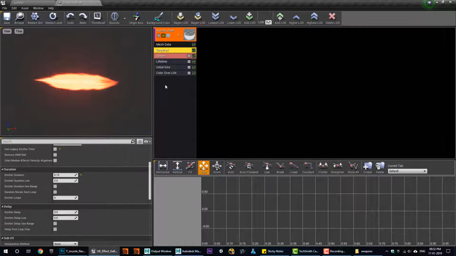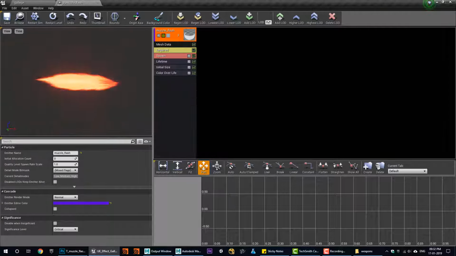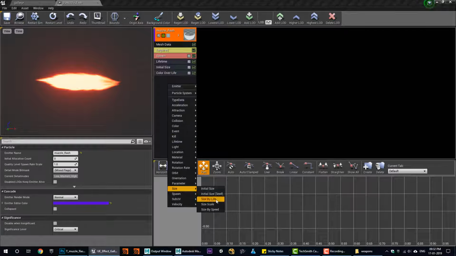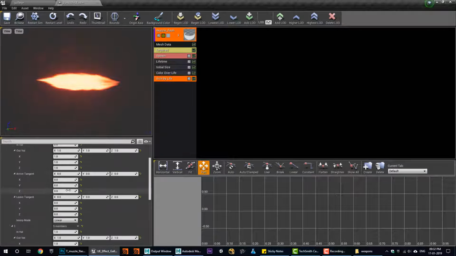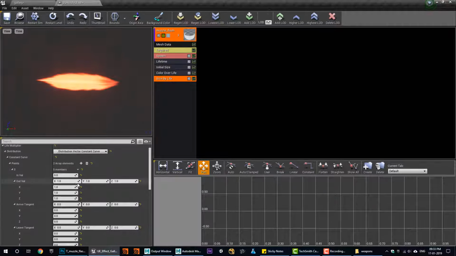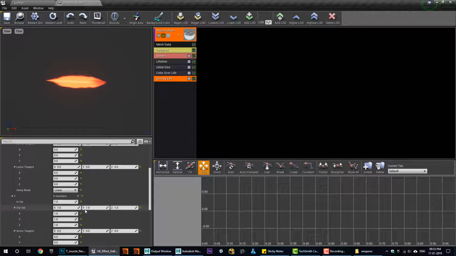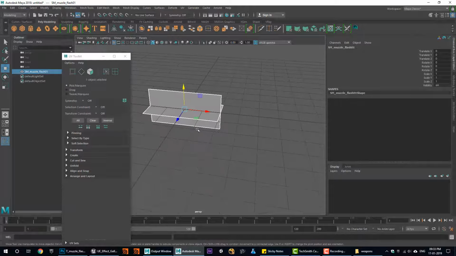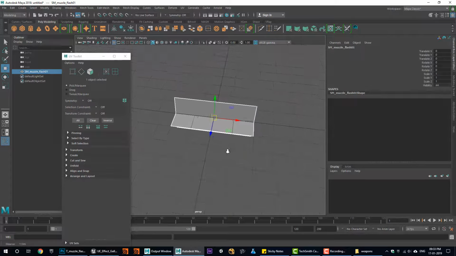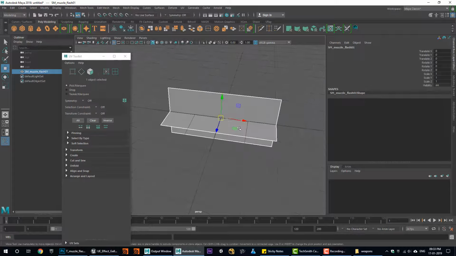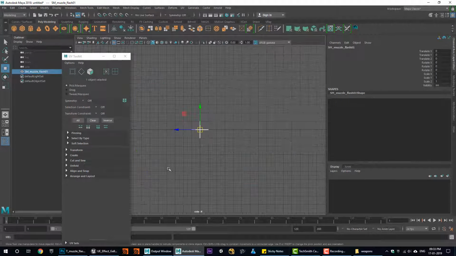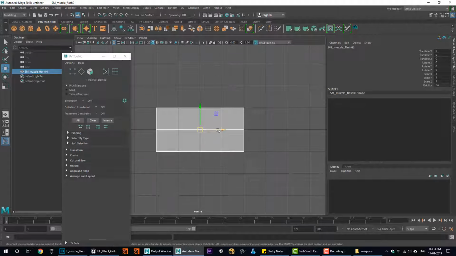Now let's change some more things in this. So I will use size by life, and at 0 it will be 0, at 1 it is 1. And one thing I did wrong here, I need to change the pivot, so I will just move my pivot with control and middle mouse here,